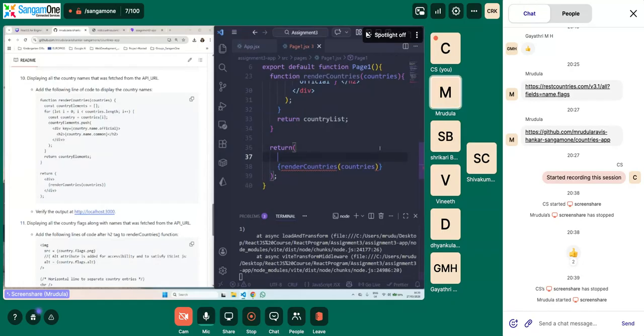As you already know, our return should always be an HTML tag, so we will enclose this JavaScript, I mean the function call, within the div tags.